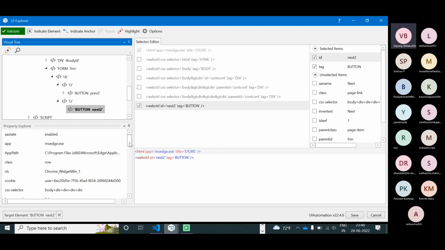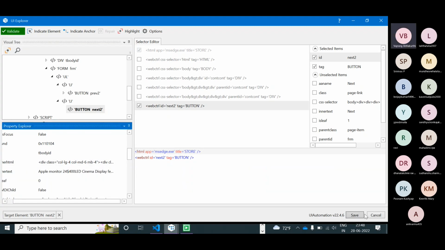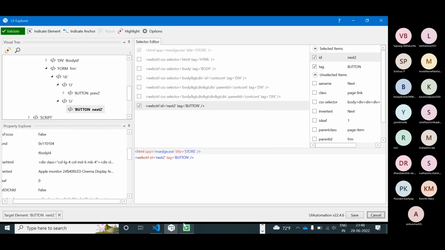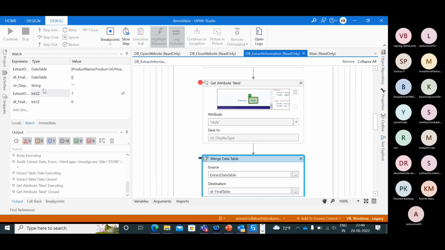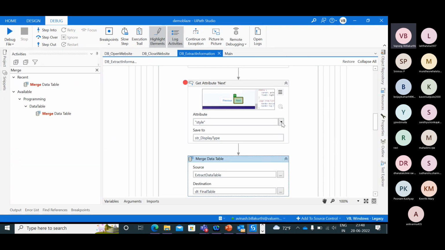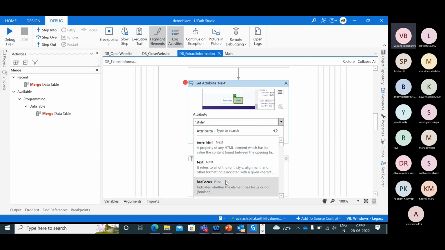Let's try with inner text of button. Inner text. Let's see what we are getting. Cancel. So let's stop this one. This style display is not coming properly for us, right? So let's use something else that is visible.